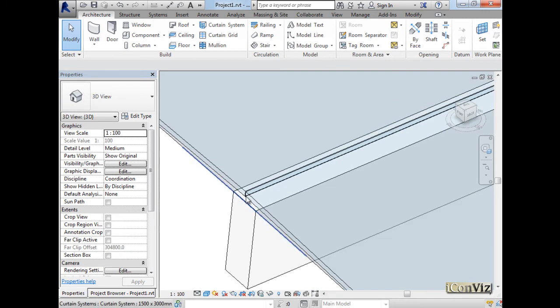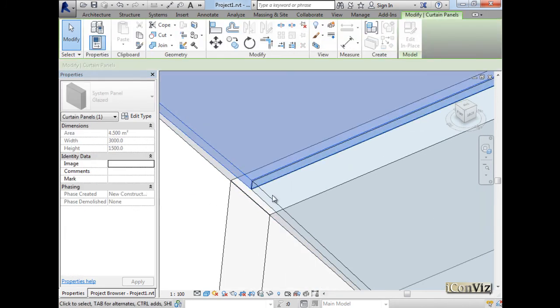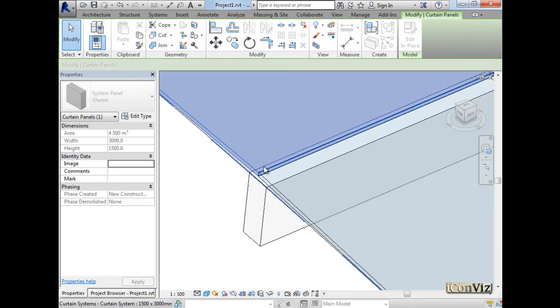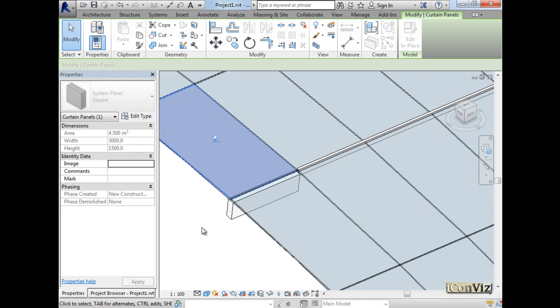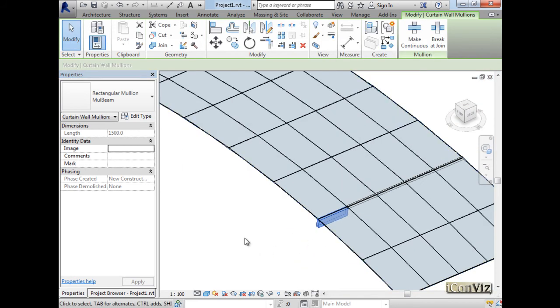Okay, so with this, this walkway would look as if it's coming above the panels. So I changed the offset value to minus 200. The offset value can be positive or negative values. I guess we need to